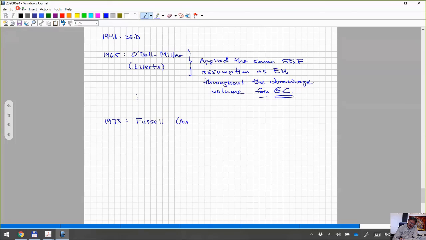I'm not sure if he was alone on the paper, but Amoco, which of course became BP in the 1990s or something. They had their main research headquarters in Tulsa. He did a lot of fantastic technology. So this Dale Fussell used I think it was even a compositional EOS-based